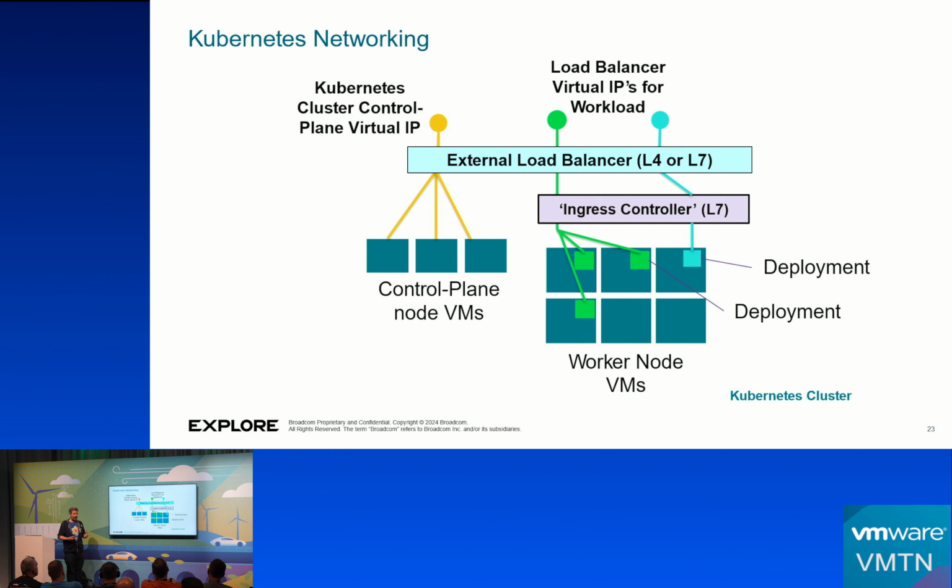In VKS, you have to use their integration with either NSX-T or the AVI, especially for this part, for the control plane. For workloads, you can add whatever integration you want after the fact. By default, it'll use the same load balancer in either case, but if you have an F5 or a Citrix NetScaler or something like that, you can also integrate those and do workload load balancing using those instead of the AVI or NSX-T. Worth considering if you've already invested in a load balancing solution like that.